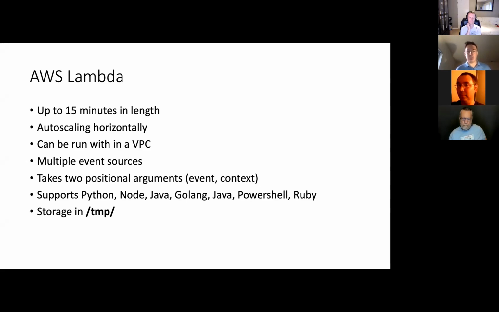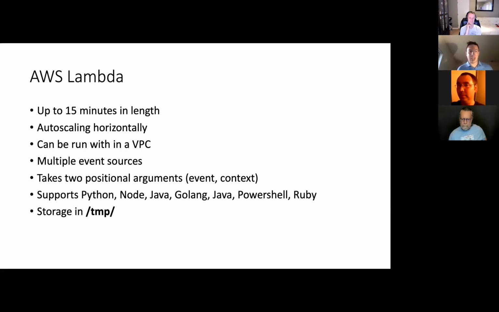These are optional. The first one is event. Event is basically a JSON object that you hand to the Lambda function, and this can be pretty much whatever you want. These are just inputs to your function. And then there's context. Context is more metadata about the function, like the function's name, or the runtime, or some other metadata about the Lambda function that you want to grab.